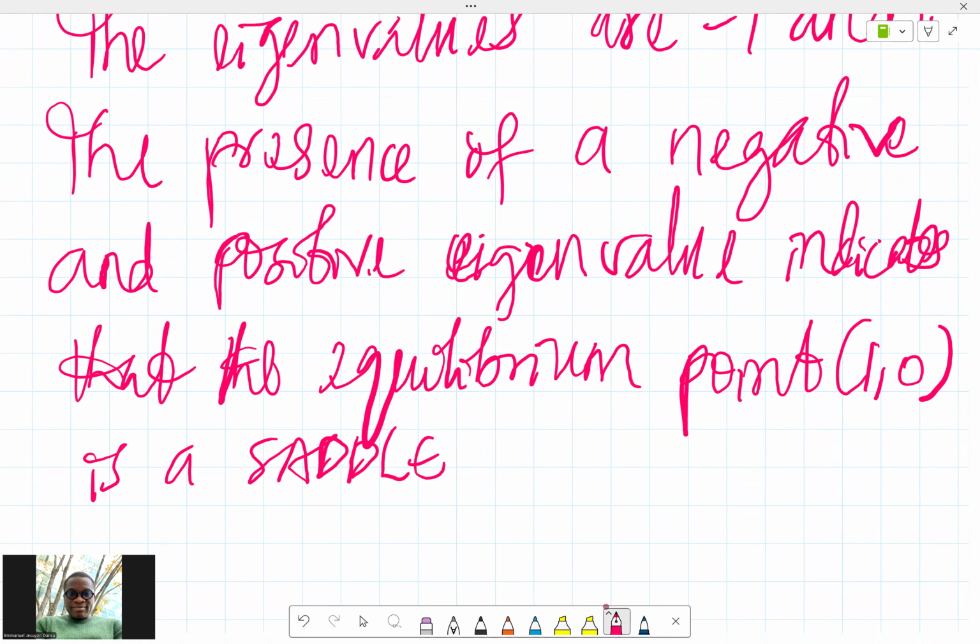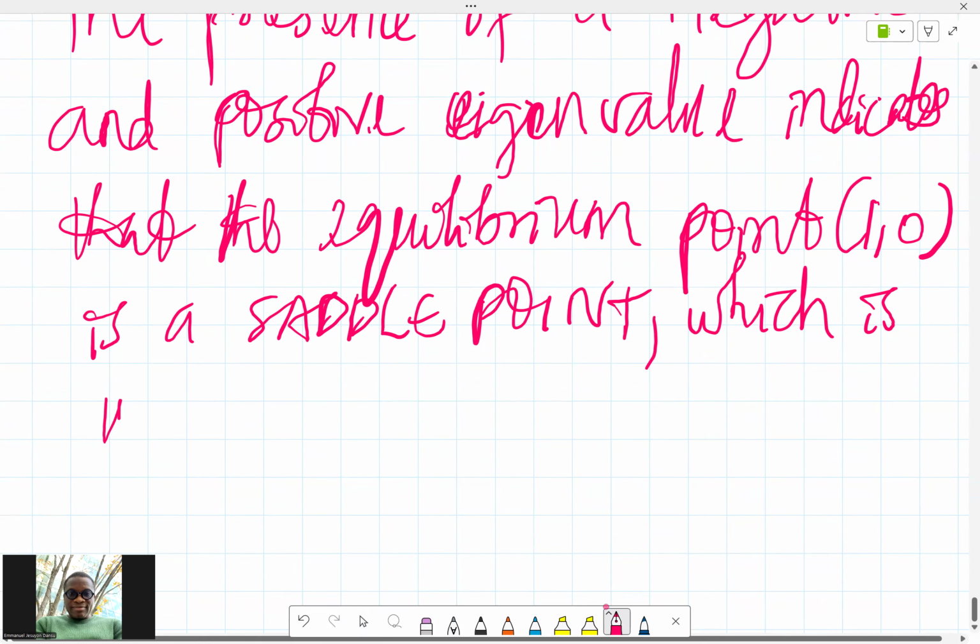It's a saddle point, and because of that, it is unstable. Okay, done. Then we go for the next one,